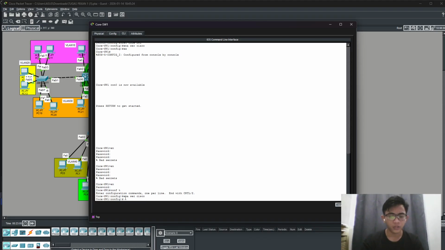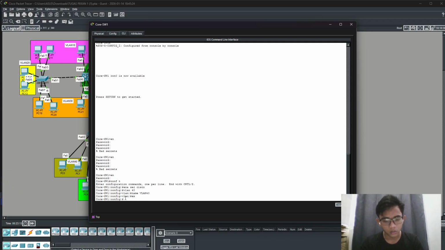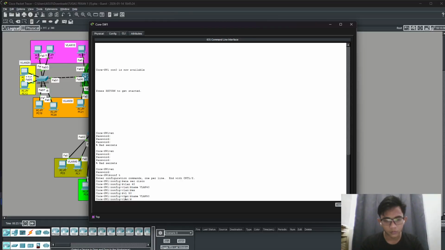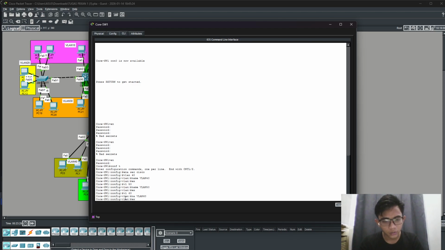Okay, next I will make the VLANs here. VLAN 40, name is VLAN 40, exit, and VLAN 50, name is VLAN 50, exit. So VLAN 60, name is VLAN 60, exit.